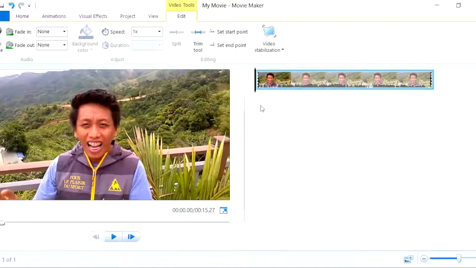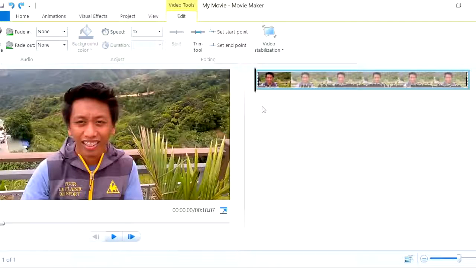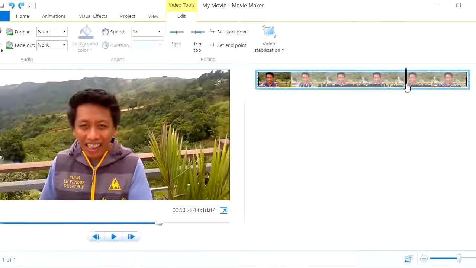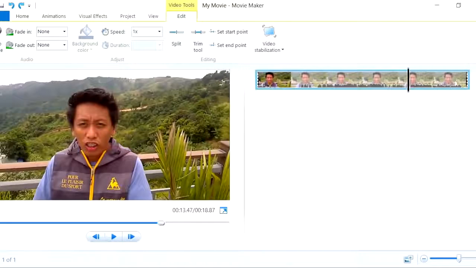Okay, so now the video has set its start point. Again, let's click undo or Control Z on our keyboard. The last element is set end point right here. The purpose of this is to set the ending of our video clip. For example, I want to end the video clip right here,